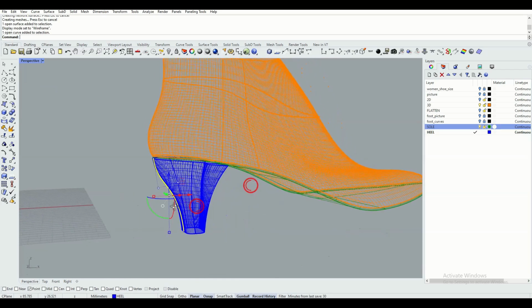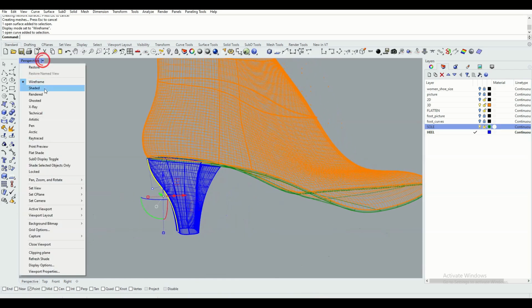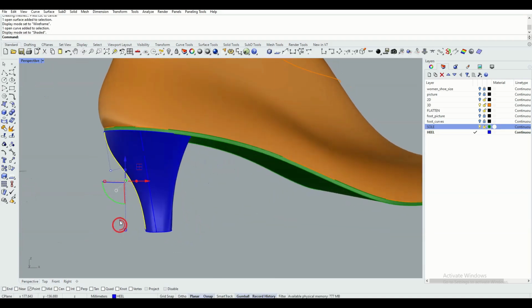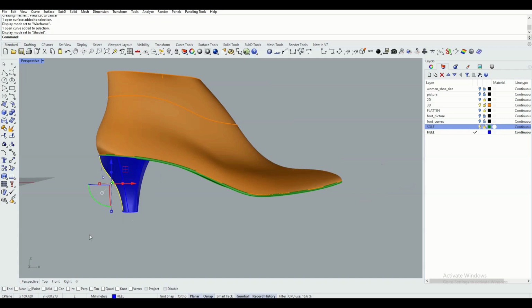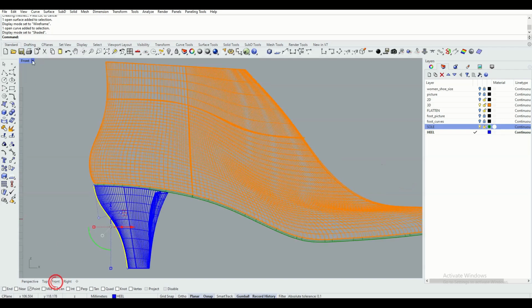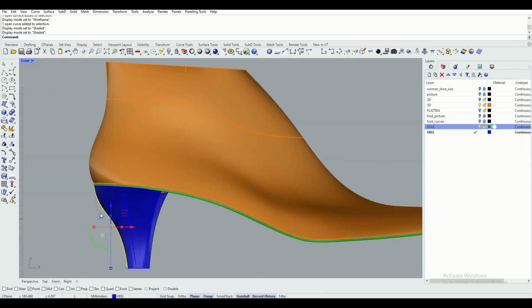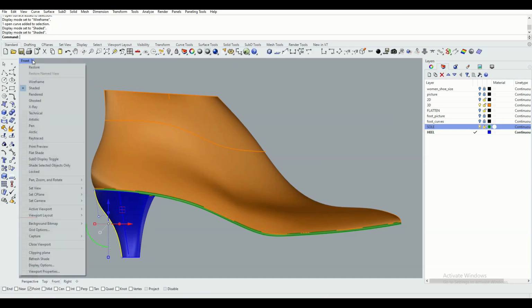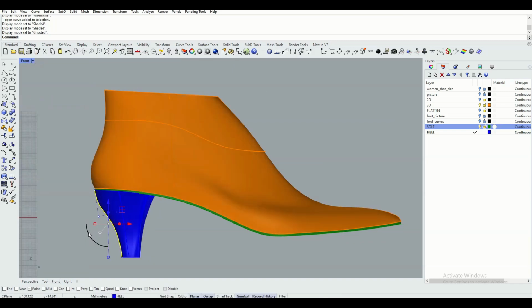For instance, we can select some points if it's easier to see, switch to the ghosted view or to shaded as you wish, and select one or more points and start modeling the shape.